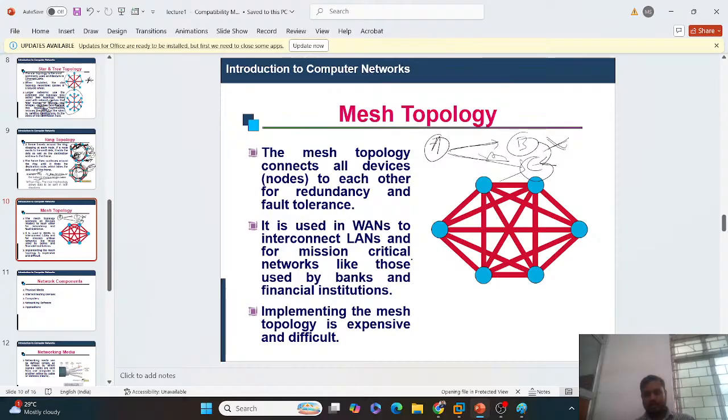ओके, अभी सी में कनेक्शन हो गया, तो अभी ये स्ट्रॉन्ग कनेक्शन बन गया। लेट्स से सी फेल हो गया, लेट्स से यहाँ पे डी एक है, तो यहाँ पे फिर से कनेक्शन एस्टेब्लिश हो जाएगा डी को। ओके, तो अभी कनेक्शन एस्टेब्लिश हो गया, डी को। लेट्स से फिर से डी फेल हो गया, अगर डी फेल हो जाए, तो अगर ई होगा तो कनेक्शन रीराउट हो जाएगा डी से ई तक, तो इसे हम लोग बोलेंगे मैश टोपोलॉजी। तो ये देखो, ये वैसे में आपस में कनेक्टेड है।